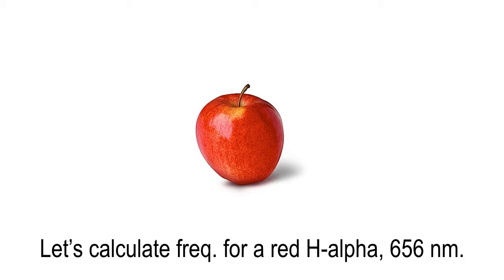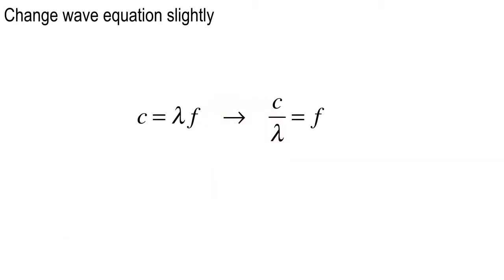Okay, and we know, in the laboratory, if you do your diffraction grating a set distance away from an observing screen, and then you do all the trig and stuff, you can work out pretty well the wavelength. And then you do this calculation to figure out the frequency. So you take the wave equation, and you say, all right, I want to get the frequency, so let me divide both sides by lambda, and I get c over lambda equals frequency.